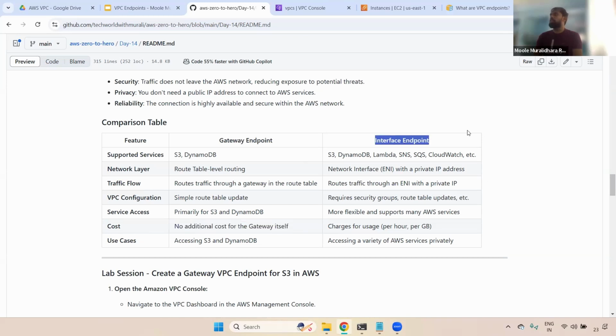And coming to the interface endpoint, it will be charged on an hourly basis and also per GB. Understand that? And use cases, as I said, gateway endpoint: if you have S3 and DynamoDB tables, and you want to use them only within the region, then go with the gateway endpoint. In case you have different services, and you want to go with privately,